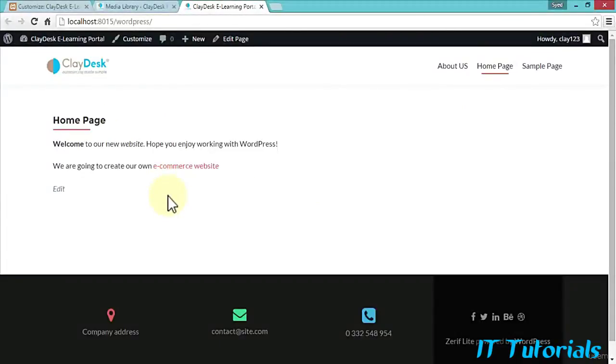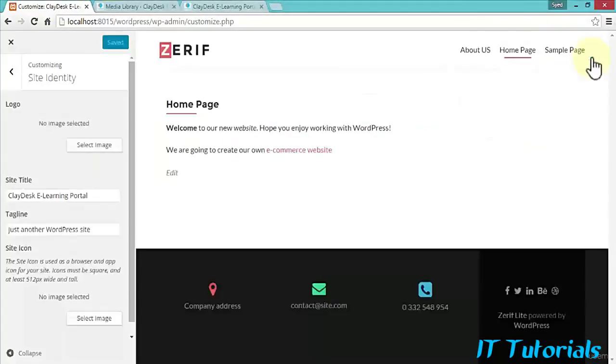So next we want to be able to change our footer area as well. Okay, we want to have some address here, some email, and of course our telephone number, and maybe some social media icons and links as well. So let's go back to our dashboard, close this,